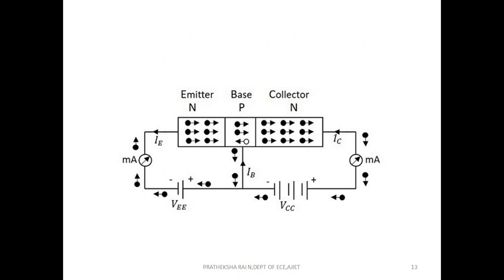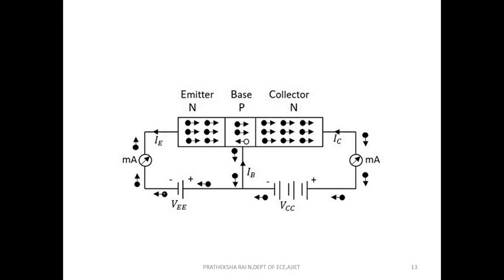So I'll tell you the working of this transistor, that is the NPN transistor. Now what we have done is the N side is connected to the negative terminal and the base is connected to the positive terminal. So this is forward bias. There is a barrier potential, and when it is forward biased it is small, that is very less, so the resistance provided is very less. Whereas in the collector-base junction, it is reverse biased, so the barrier potential is high.